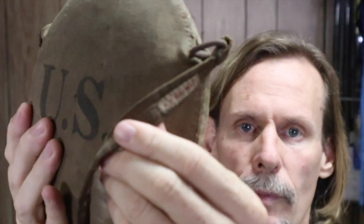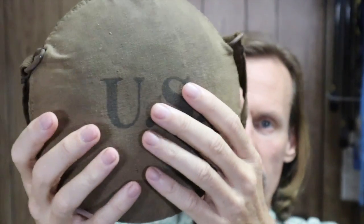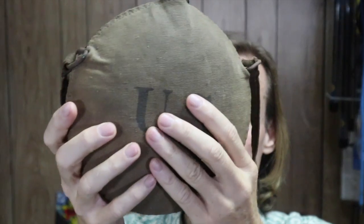And the strap actually has a name, I believe a maker name, A.B. Radway, on it. You'll also notice that it's concave on one side. This was so that it would press flatter up against the person carrying it, because before these things were kind of bulbous and round, and they would sort of knock around a lot and slosh around, and it meant that people could hear you coming, which was not a good thing if you were trying to sneak through the woods, for example. So this was a big improvement,